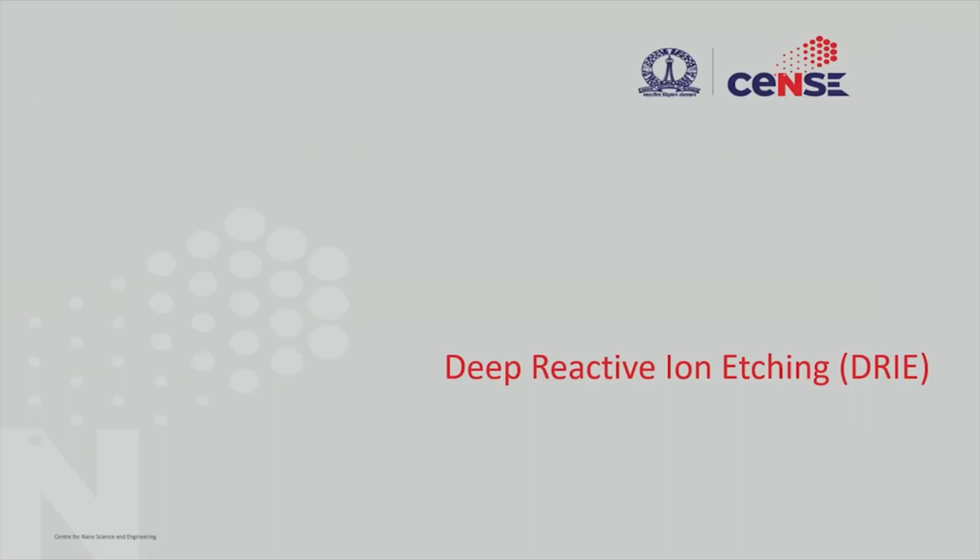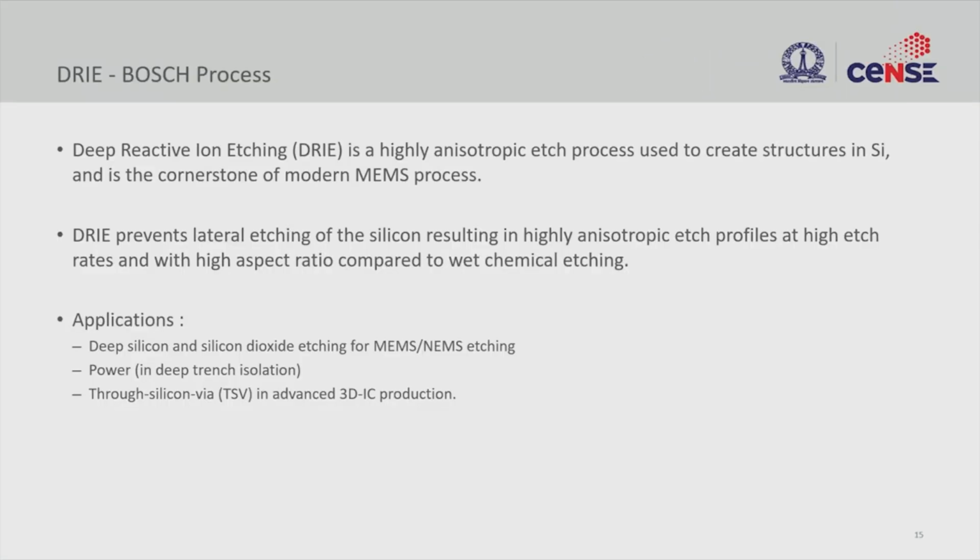And the next thing is deep reactive ion etching. Whatever we discussed so far talks about just reactive ion etching. Deep means you want to etch tens of microns, let's say hundreds of microns. This was a process that was developed by Bosch. It's still called the Bosch process, where you want to have a highly anisotropic etch